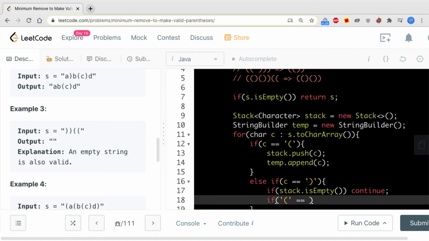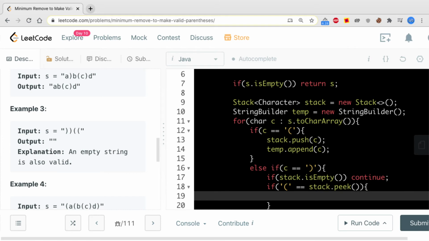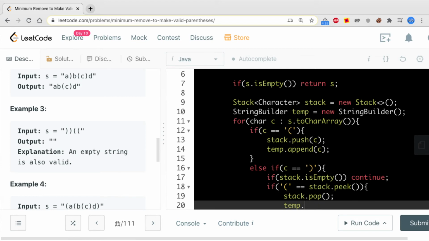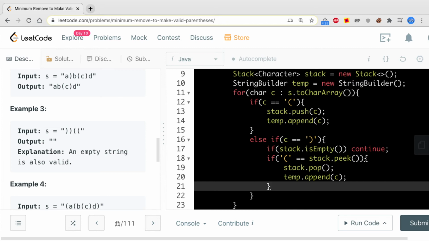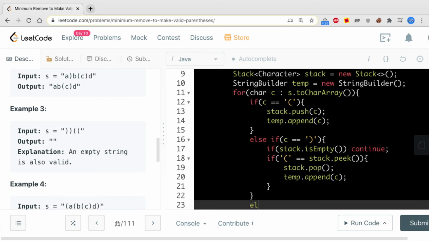If this is the case, we can use peek to look at the top of the stack. Then I'm going to pop it out from the stack so that it nullifies its impact, and I'm just appending this to our string builder. Now these are the two cases where the character is either an opening or closing parenthesis. What if it is another character? Then I am just appending it to the temp variable.